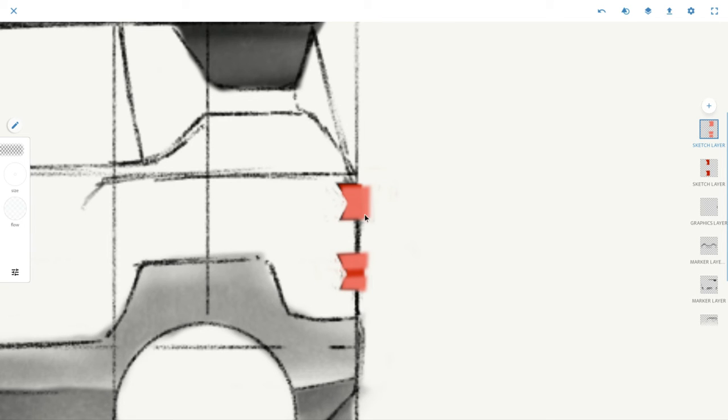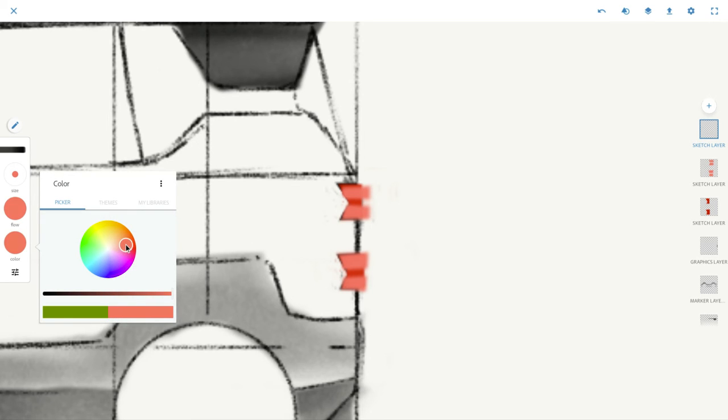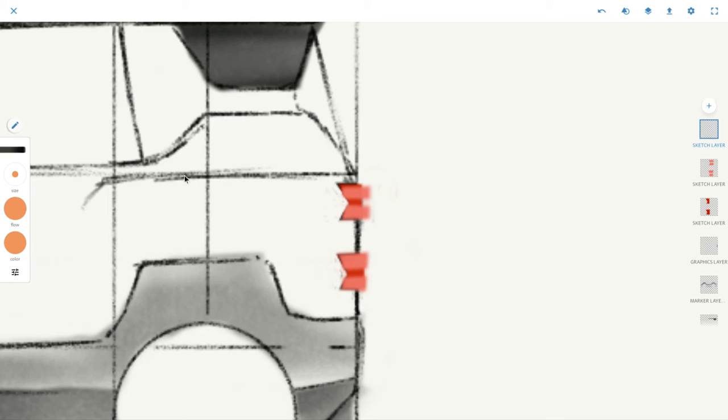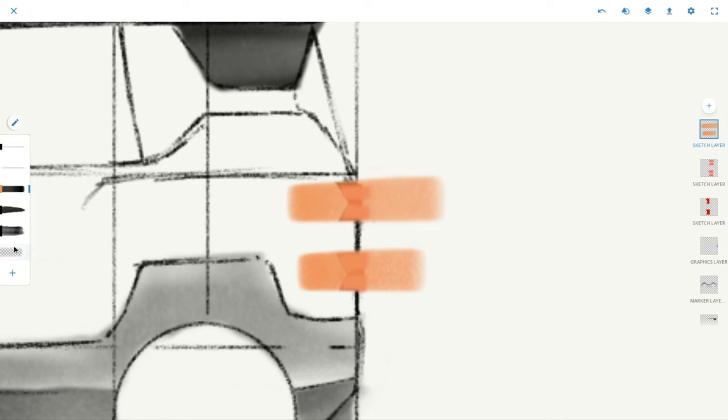All right, yeah. Okay, and then we're gonna add another one. I know, a lot of layers. And then we'll just merge them. And then we're gonna do this one a little bit more orange. The reason being, it's gonna look like it's glowing. And that's my goal. And then we'll also, yeah, there we go. It's gonna look